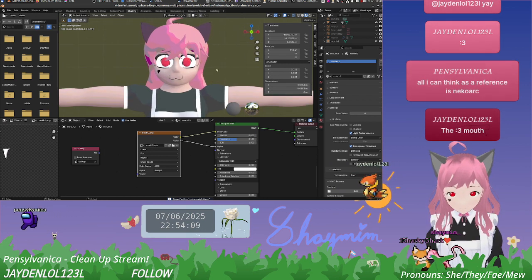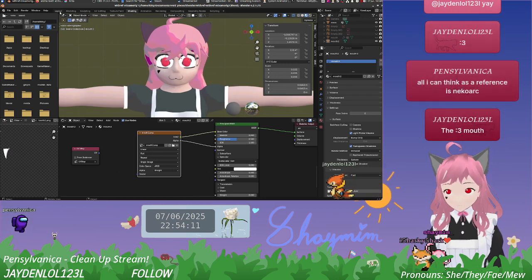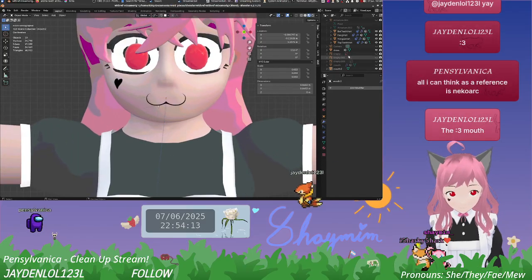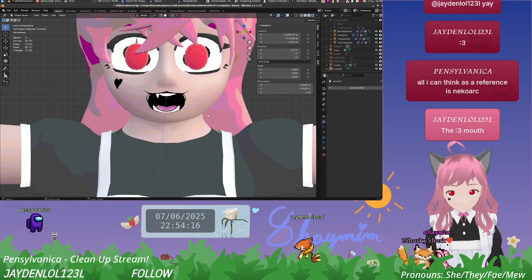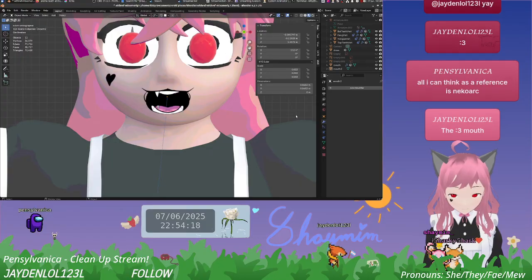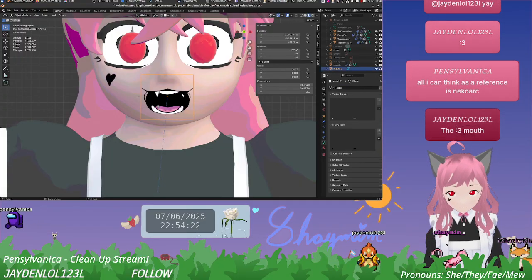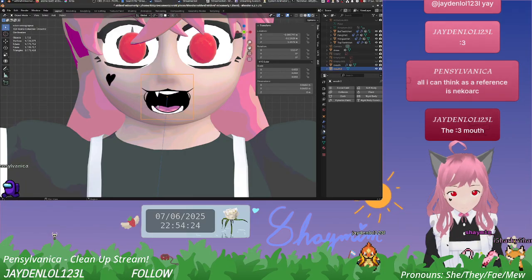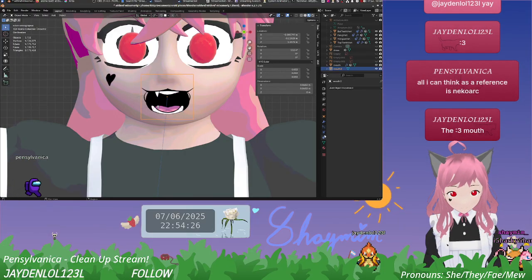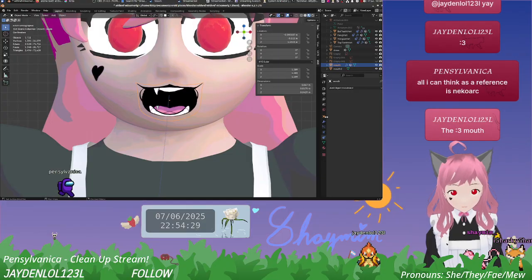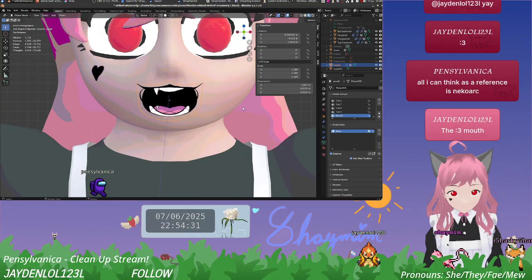Okie dokie. So then back over in the layout, obviously we can't have both at the same time. So what we're gonna try is, where's our shape key menu? It's this one? Gotcha.